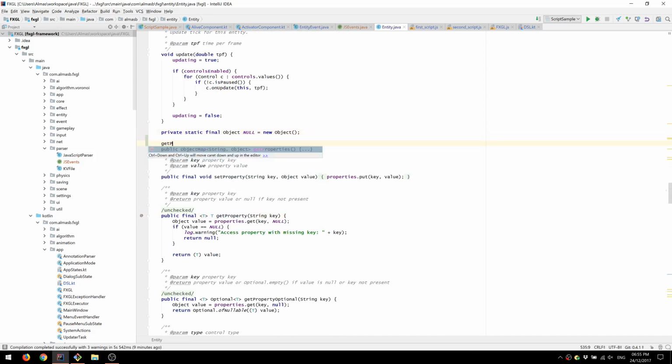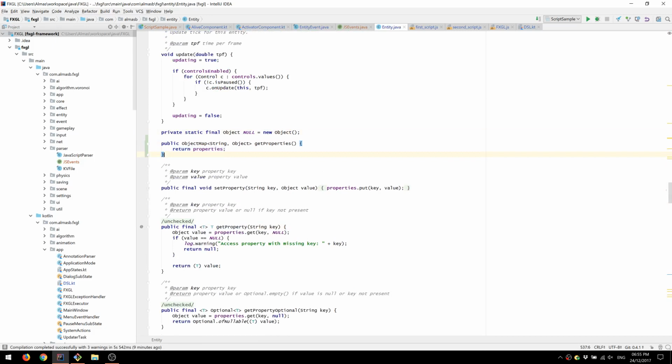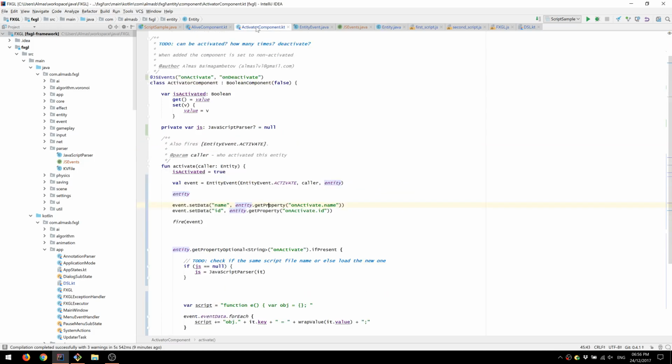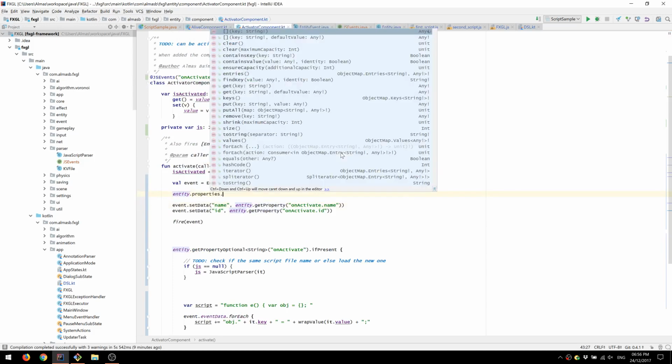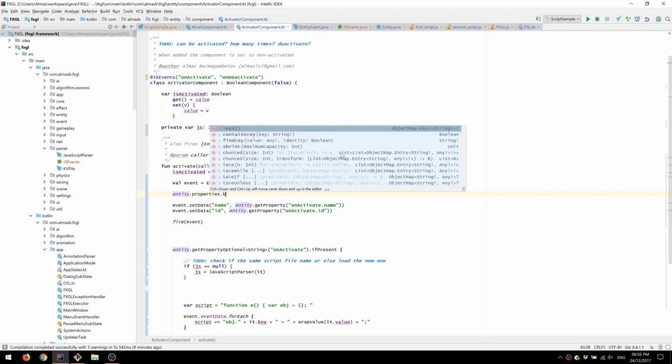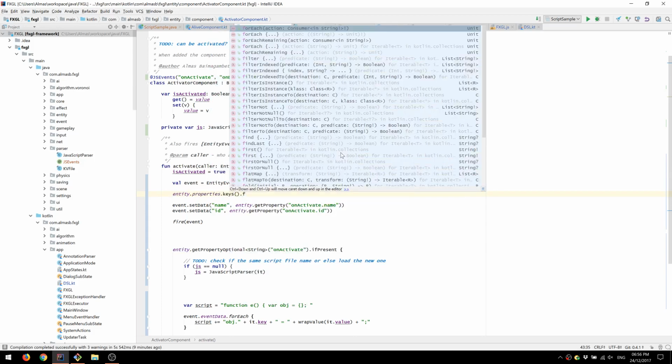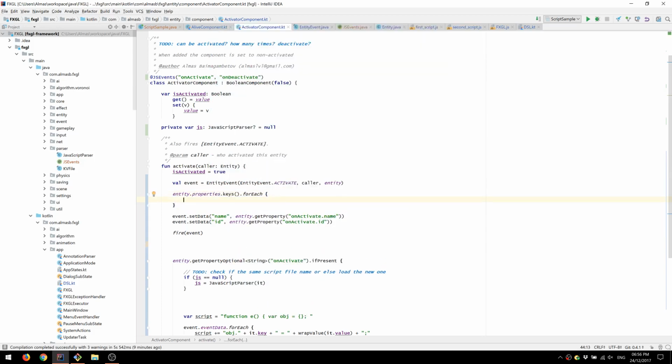Let's tentatively add this and then we'll fix that. Maybe. So this is going to be accessible now. Get properties. I can now search through the keys. Alternatively, I can just return property keys and hide or encapsulate this, keep this encapsulated. So entity properties. All I need is keys. Yep. For each key, I need to search